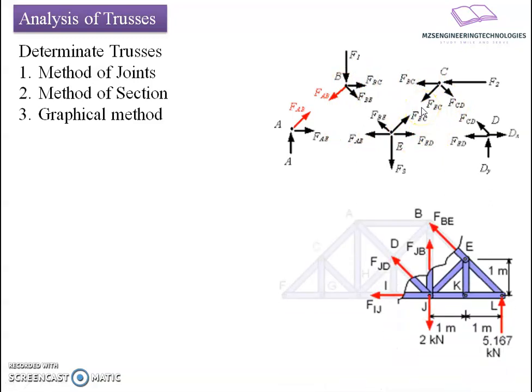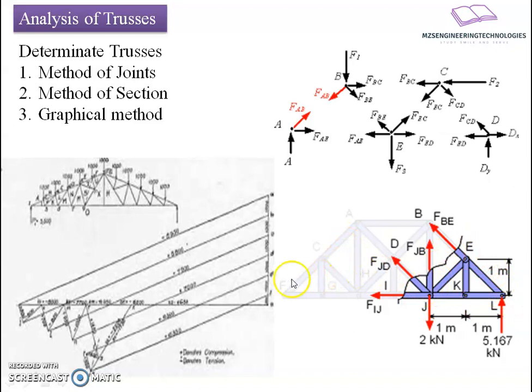In case of method of sections, we are not going to have the complete analysis. We can take the count of symmetry, or we can have a section from it. So we'll pass a section through the members whose forces need to be counted. Instead of going for all analysis, I will pass the section at a convenient position so that the forces in the members can be evaluated. For that, I will prepare a free body diagram for that particular section, and then I will find the unknown forces by applying equilibrium equations for that free body diagram.